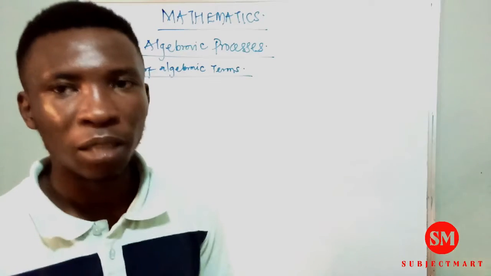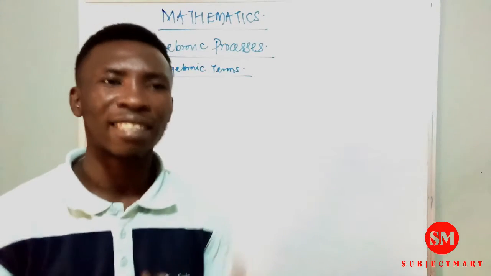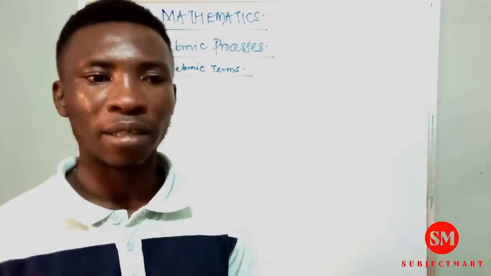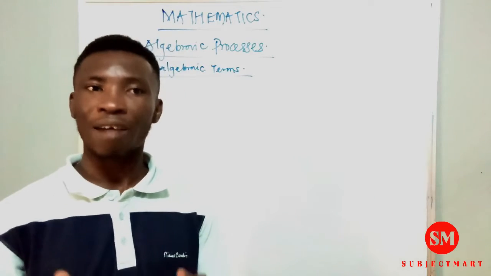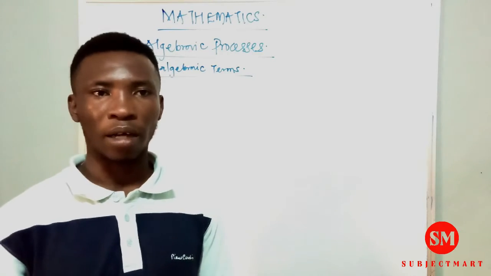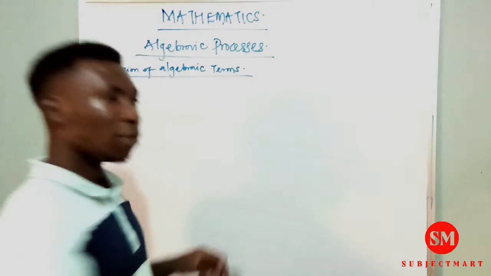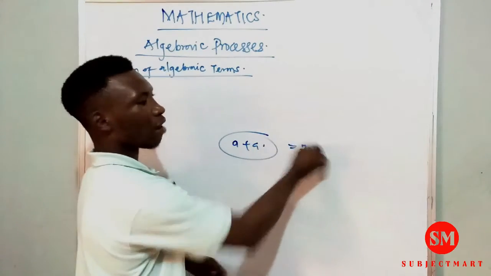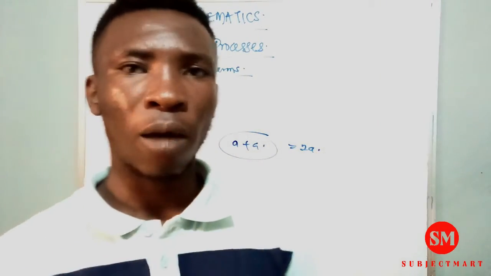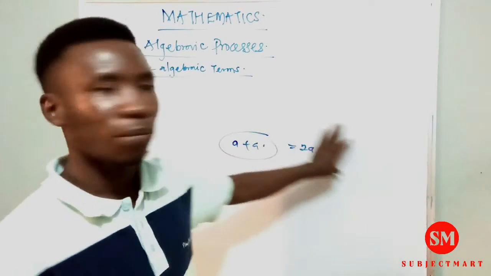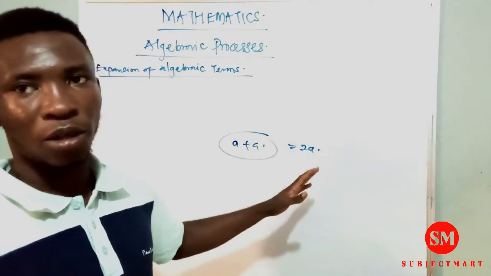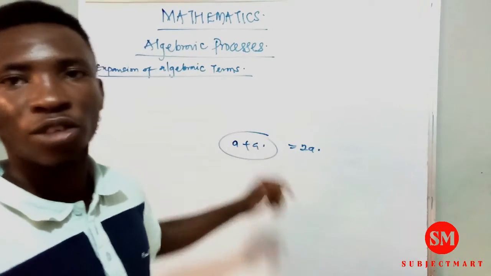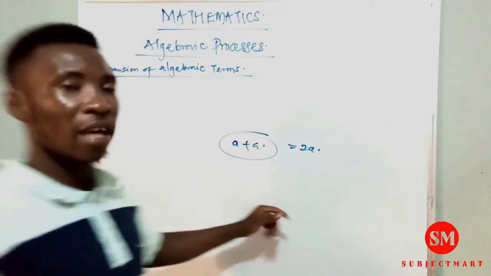Now, algebra is that branch of mathematics that deals with symbols and alphabet. Not just symbols, but numbers and alphabet. So that branch of mathematics that deals with alphabet, symbols, and numbers is known as algebra. Imagine if I say a plus a. A plus a gives me 2a. This is a simple algebraic expression, where my a here has a coefficient of 1 and this has a coefficient of 1. So a plus a here gives me